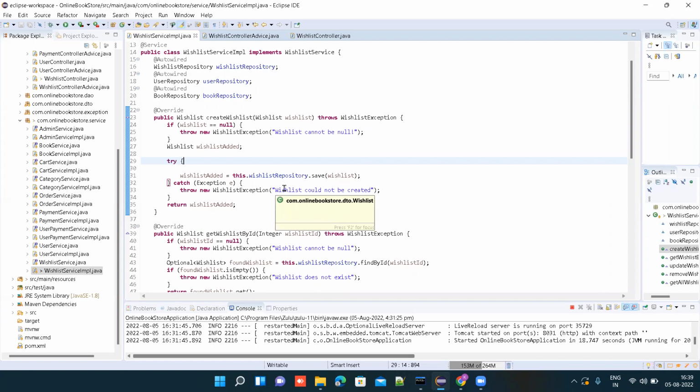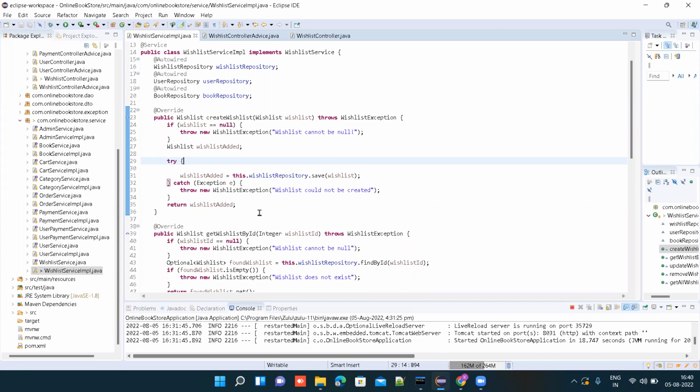But you're catching an exception, which is the parent of that exception class, so you can catch illegal argument exception if you want. So the wish list would not be created. Then you'll go to return wish list added.